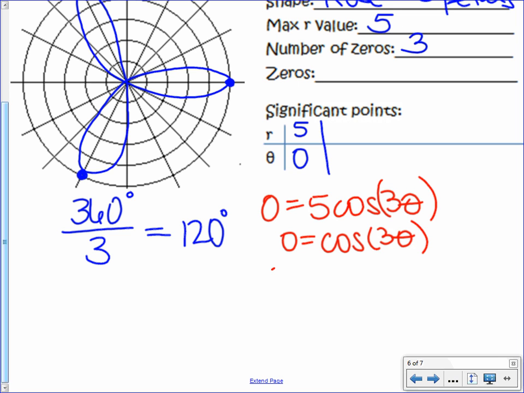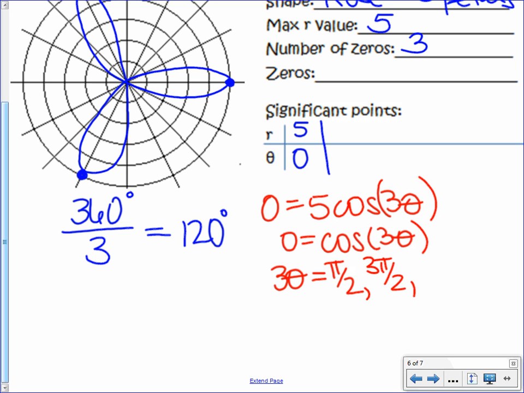Okay, so that means 3 theta needs to equal pi over 2. But how many zeros do we have? We have 3 zeros, which means we need to list how many numbers right here? 3. So cosine is 0 at pi over 2 and 3 pi over 2,